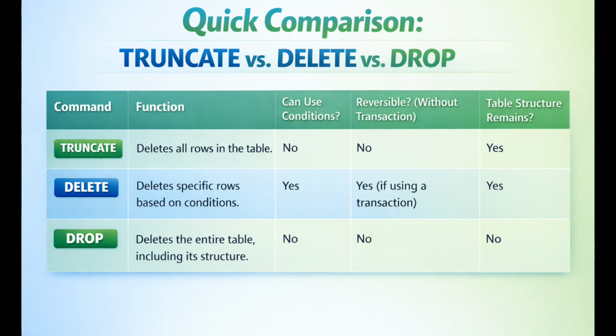Drop completely removes the entire table, including both data and structure. There are no conditions and it is not reversible. Once dropped, the table is gone. So here's the quick takeaway. Use truncate for fast, full data removal, delete for controlled row-level deletion, and drop when you want to remove everything